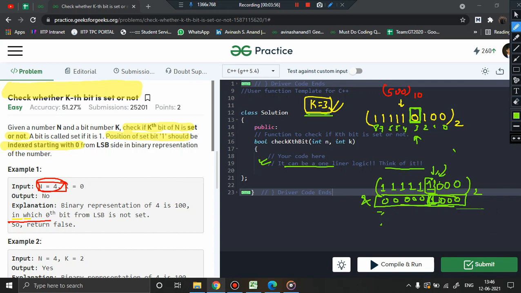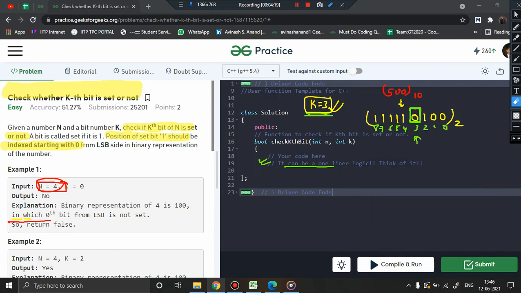All these bitwise ANDs would lead to 0 0 0 0. These also will lead to 0 0 0. Under this bit you will get 1 and 1 equal to 1, which means that if this bit is set to 1, the value will be non-zero. You will have some non-zero value, right? So this is how we can basically check whether a particular bit is set to 1 or not.